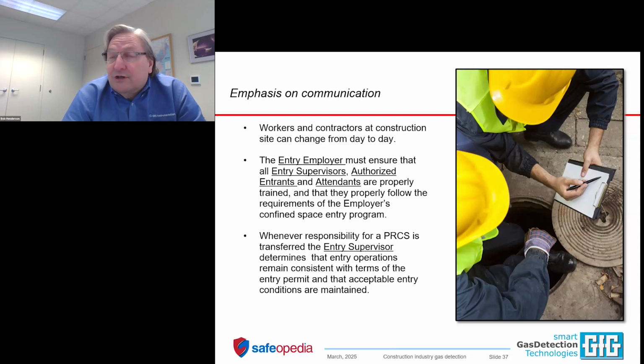The 1926, the construction rule, really puts a lot of emphasis on communication, because every day at the construction site, you have new people, new faces, new teams that are doing their job at that phase of the construction project. Tomorrow is another day, different faces, different teams, different objectives. So if you have an ongoing confined space where it is not possible to secure the confined space against entry,